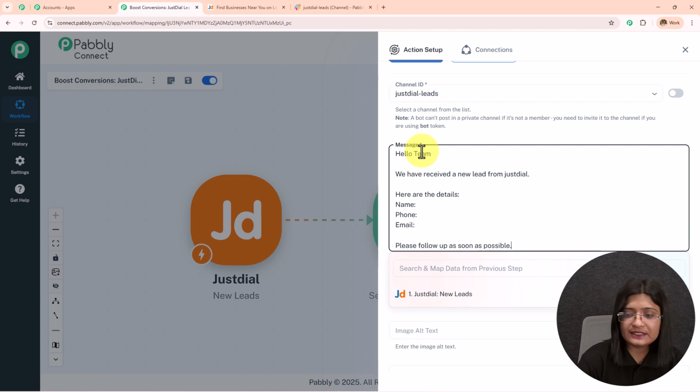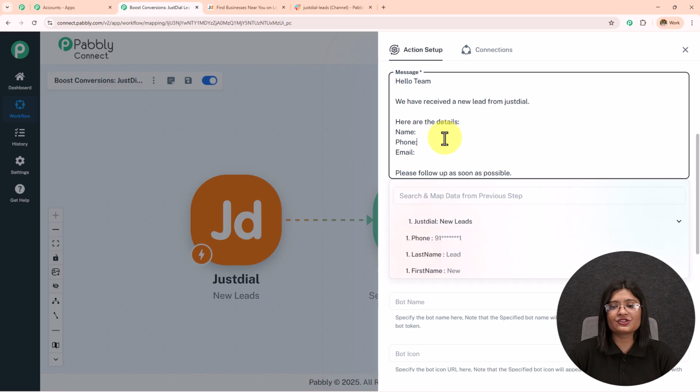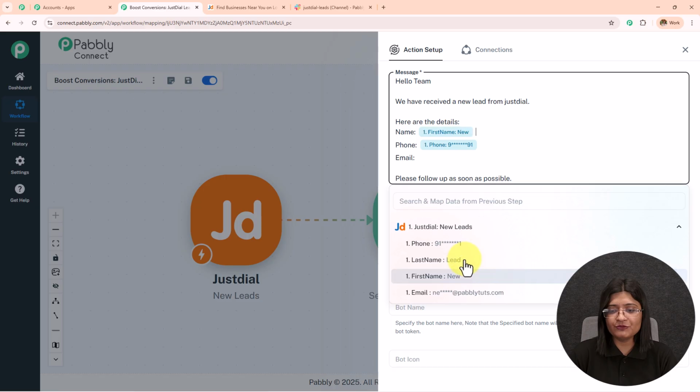So I'm going to enter these details now, but I'm not going to enter these details like this manually. Instead, I'm going to use a method called mapping, which means I'm going to enter the data from the previous response. I received the response from this JustDial, and when I click on this field, I can see this JustDial over here, and when I click on this, I can see all the response which I have received from there. So this is the phone number. I'm going to enter this phone number. Then we have this name. So the name was new lead, and the email address was this,